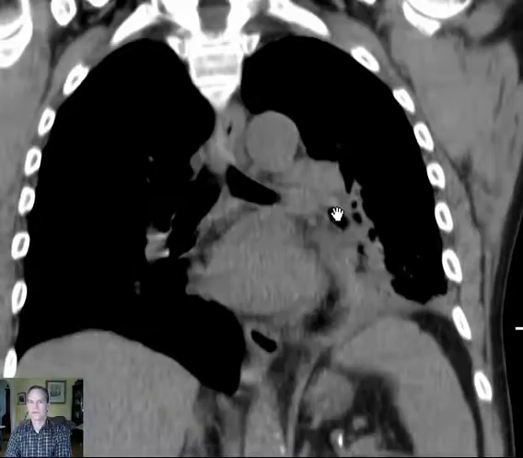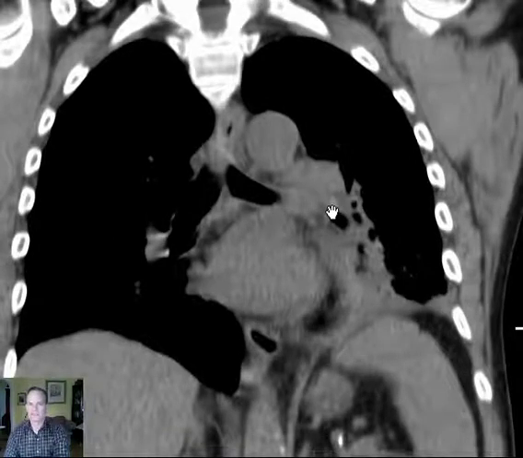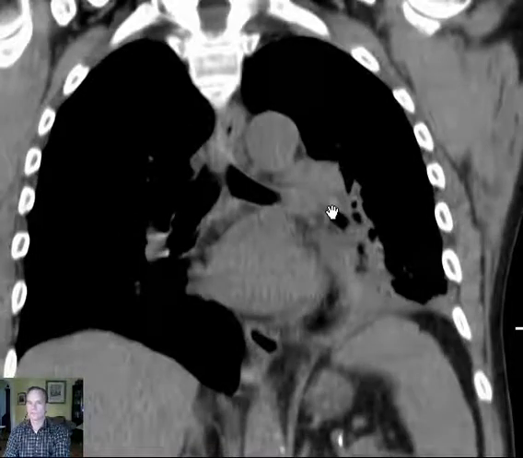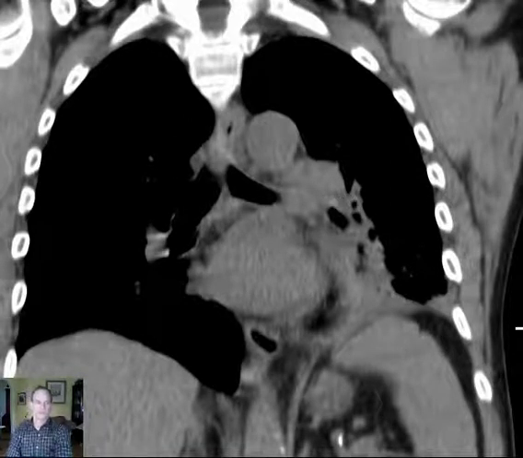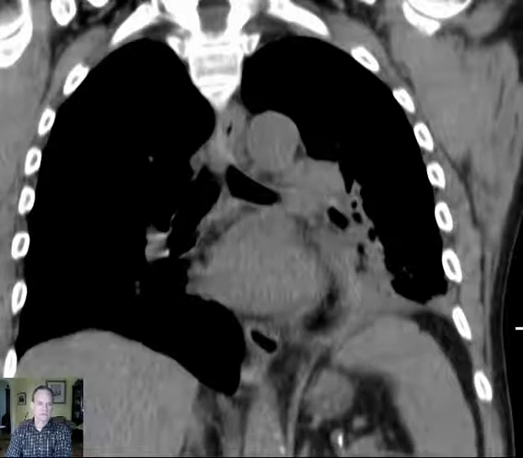You can see that you are not really able to identify either of those structures connecting with the left mainstem bronchus. So this is a bronchogenic carcinoma